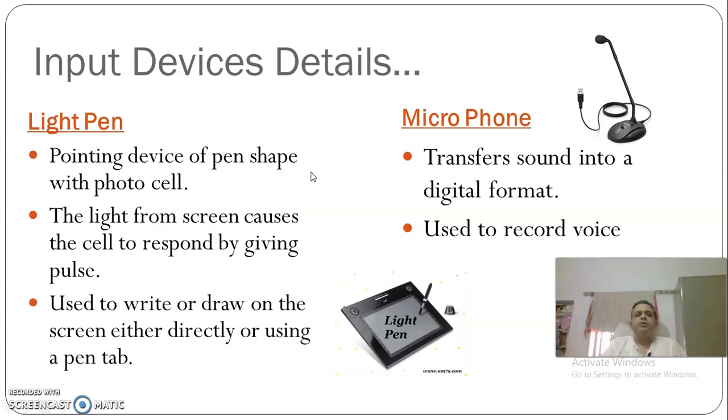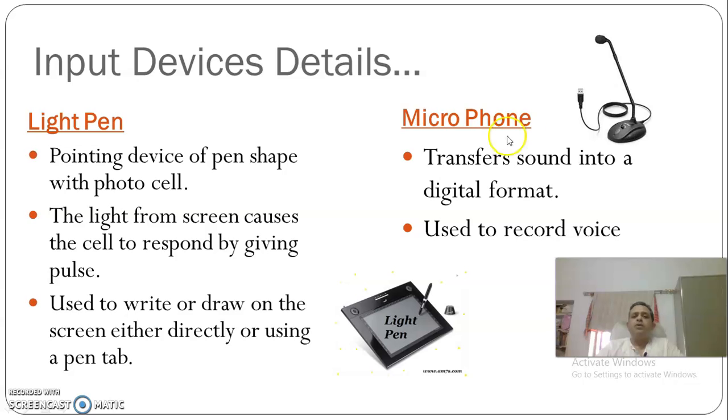Again, you have two more input devices, light pen and microphone. Now what is a light pen? Light pen is a pen-shaped device with a photocell. When you move this pen onto a surface like this tab, it draws here and those lines or drawings are shown on the computer screen connected with this tab. It is mostly used to explain something when somebody is giving a demo online, or you must have seen during cricket matches, the commentators use this light pen to show something that is going on in the playground.